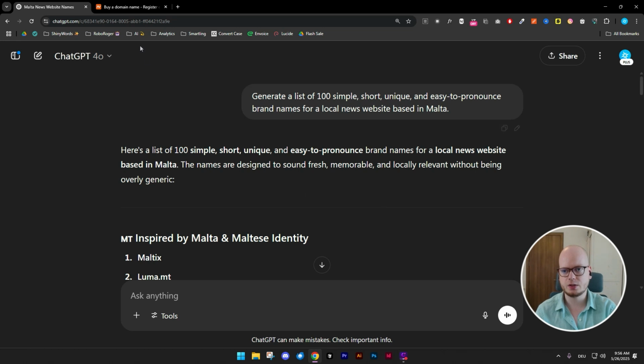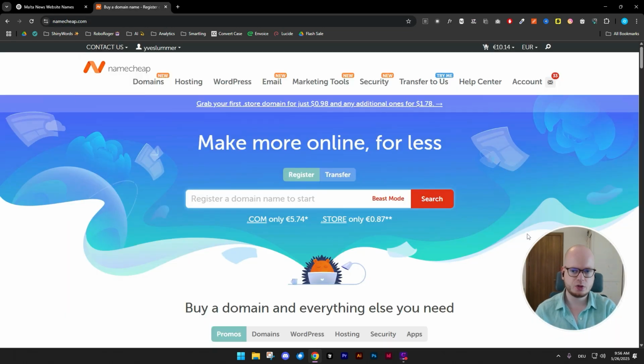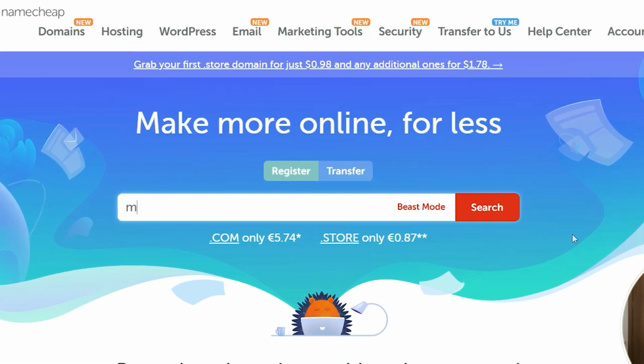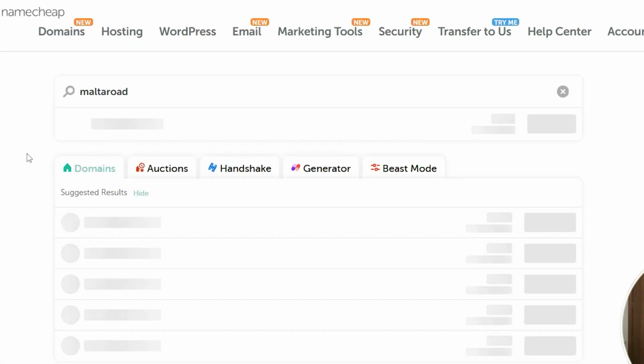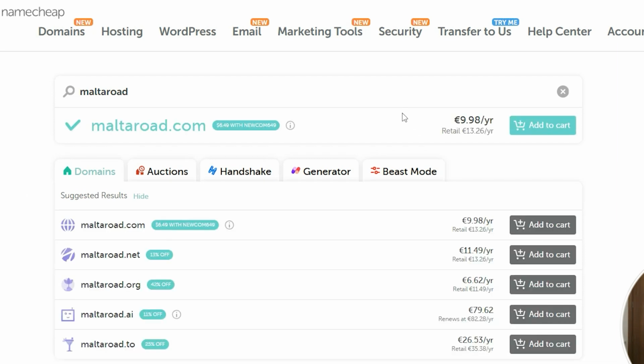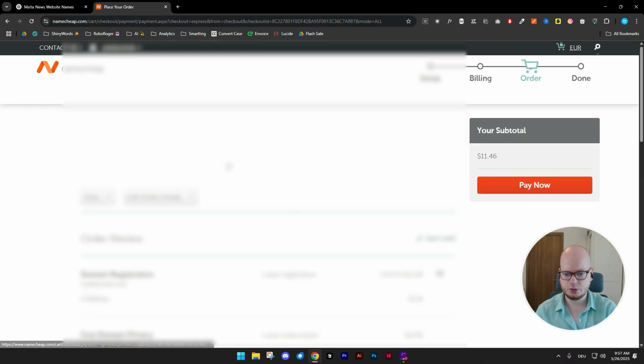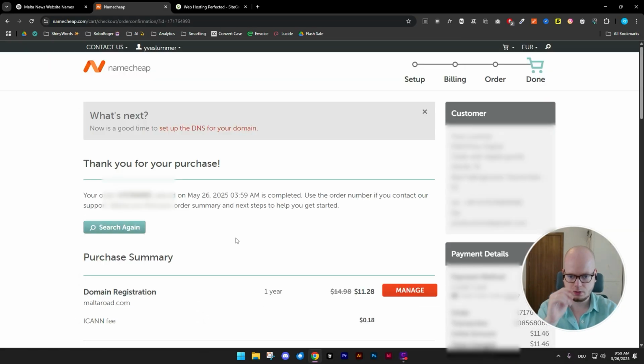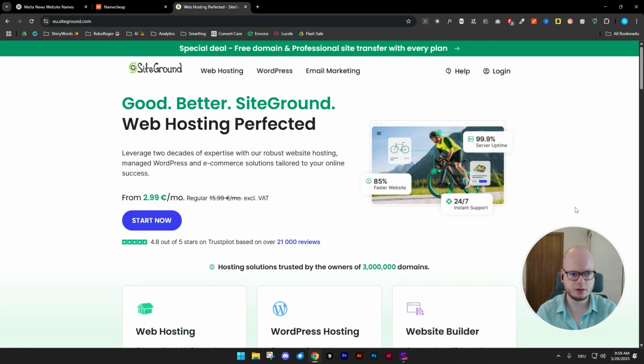So our next step is to actually buy this domain. In most cases, I simply buy domains on Namecheap. I had pretty good experiences here and the domains are quite cheap. So let's search for Malta Road and we will go for the .com domain. And you can see you can purchase it already for about $10 US. So let's go to the checkout. Then I have to enter my payment details quickly. Okay, so now we own the domain,